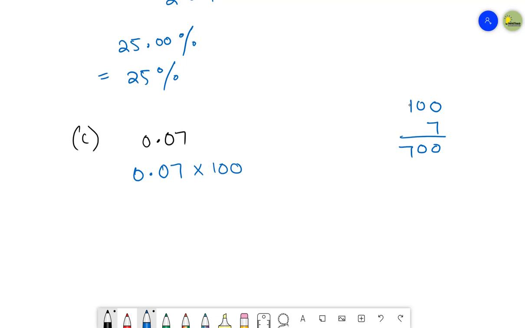Now let's see where I should place my decimal point. Just count it down. In this number, I have 2 digits after the decimal, and in this number, I have 0 digits after the decimal. So collectively, adding the digits, I have only 2 digits after my decimal point. So in my answer, I have to write my decimal point before 2 digits.